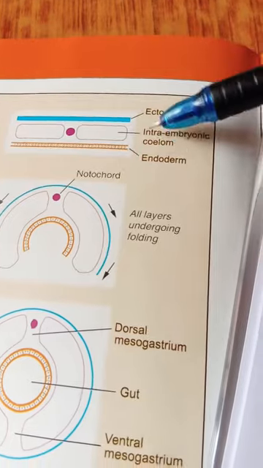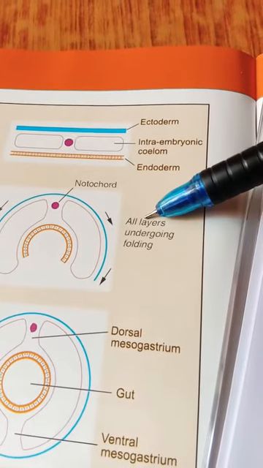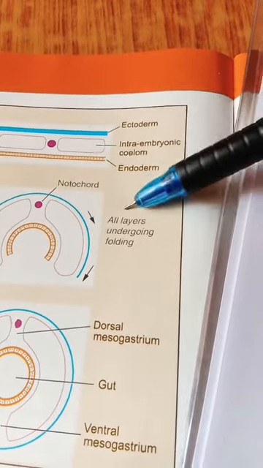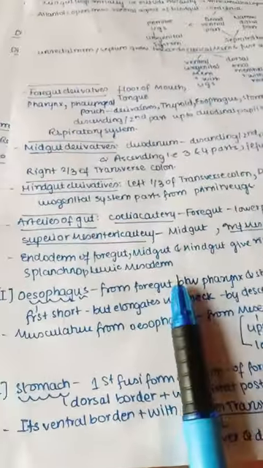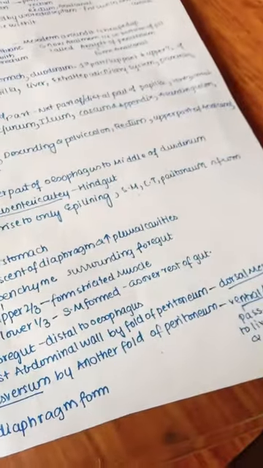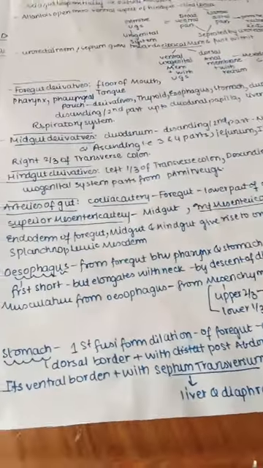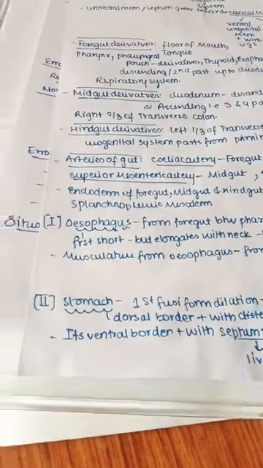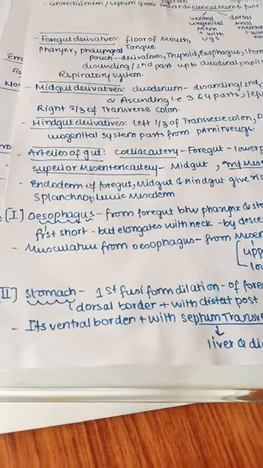So we know lateral plate mesoderm is divided into our somatic layer and also splanchnic layer. So that splanchnic layer of mesoderm is giving rise to smooth muscle, connective tissue, peritoneum, which are present in our gut or GIT system. So now let us move on to esophagus. Let us understand how each of the structures is derived from which part.